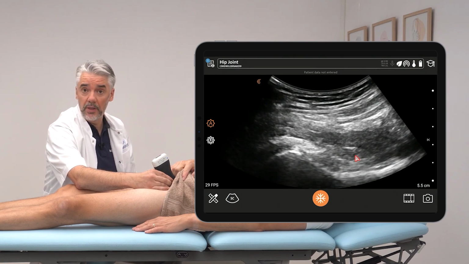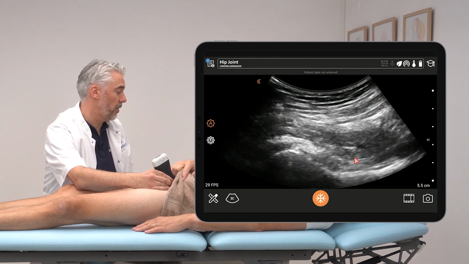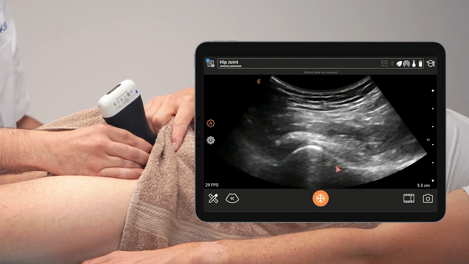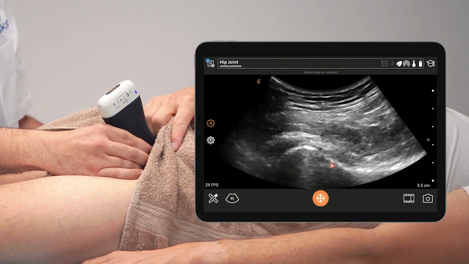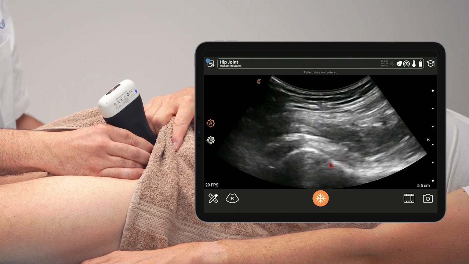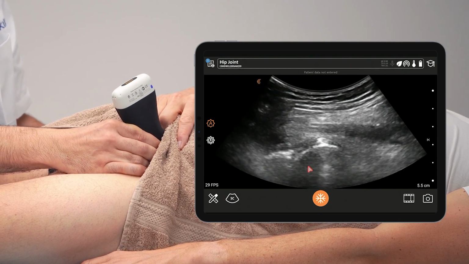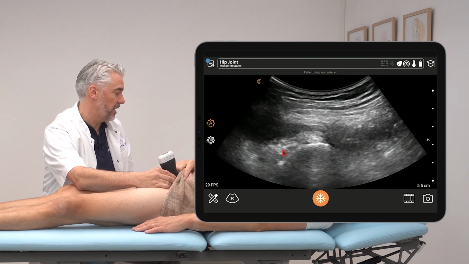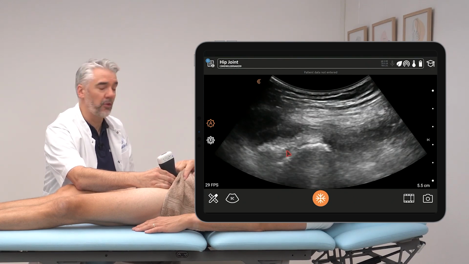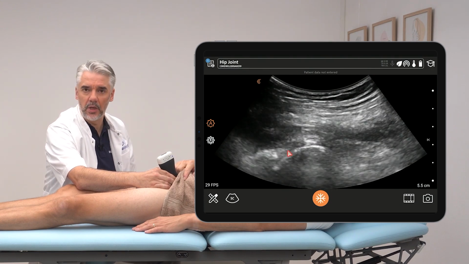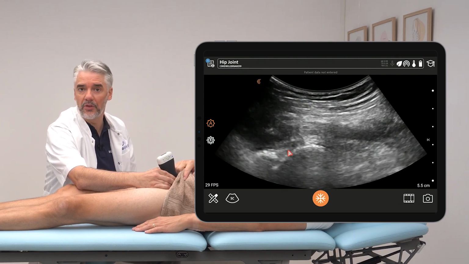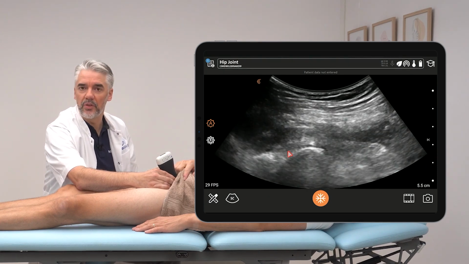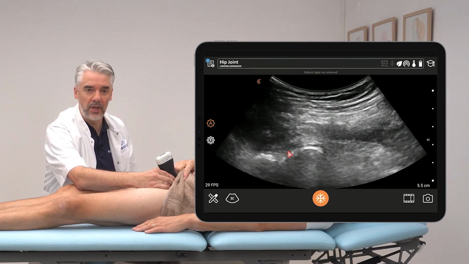So looking for fluids and bony irregularity of the transition zone of femoral head to neck, and of course also in the acetabular region we can see the labrum. This is not always very easy to detect pathologies with the hip labrum, unless there is a labral cyst, because then we see a very clear anechoic zone in the